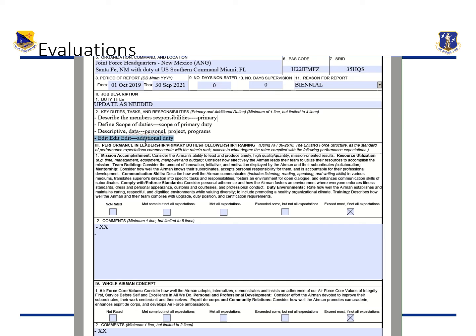However, I don't recommend this for senior NCOs. We are senior NCOs, right? We are jacks of all trades, masters of none. We lead teams. And so consider maybe this last bullet going with something on the same lines of these right here. There is no right or wrong answer here. There are very much better techniques than what I'm teaching you, so please always take the time, and there are a lot of really good mentors out there that are phenomenal when it comes to evaluations. Then we have section 3, and this is the first section where we start to capture performance.